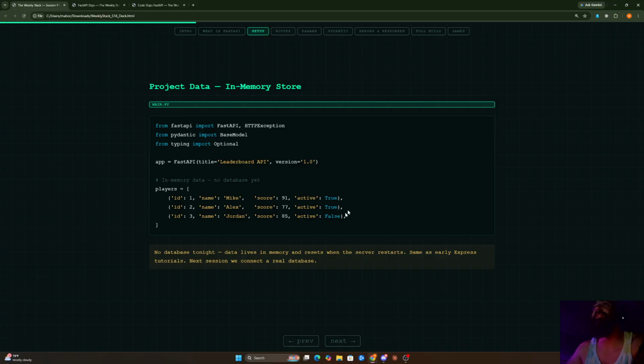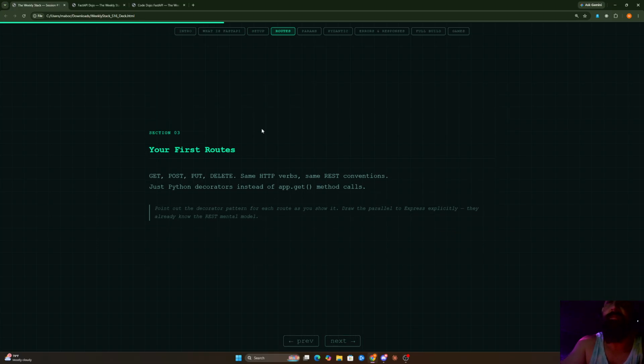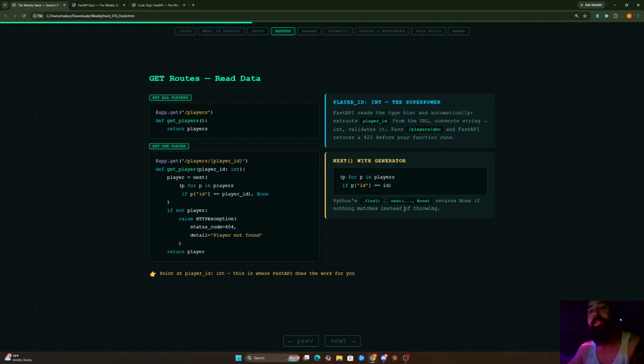Yeah, that should take us into routes. So no database tonight. Data lives in memory and resets when the server restarts. So let's pretend that we were building a real set of routes. We're going to build a player leaderboard API with in-memory data to start. No database yet, especially since we can't get this running. So you'd start with this to get all of the players, and then in order to get one of the players,